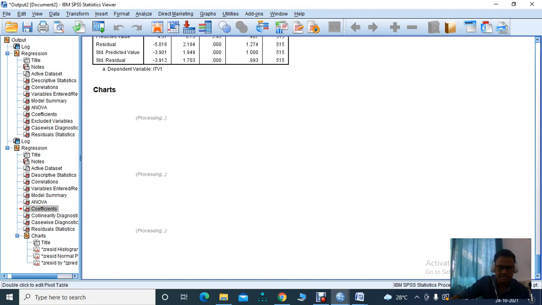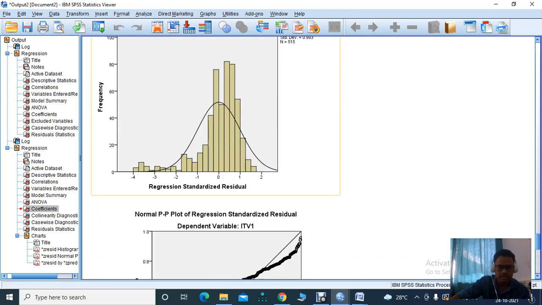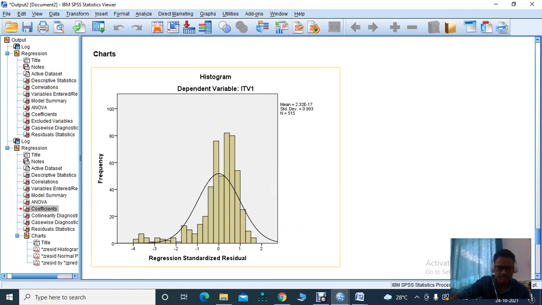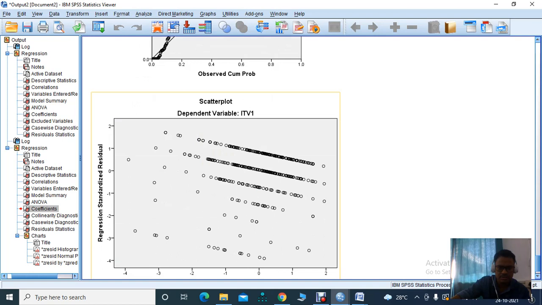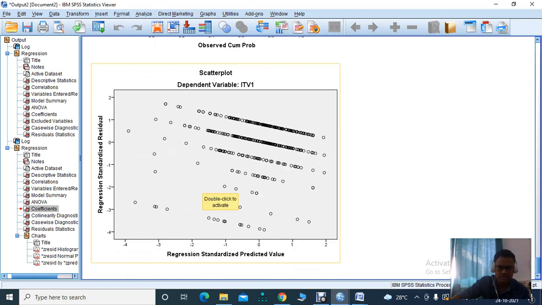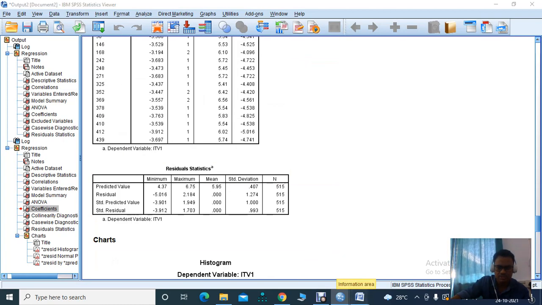So we can also check the charts. So this is the normality chart, histogram chart. So we can see that the data is not completely normal. However, it can be treated to be normal. Also, this is the linearity there. This graph shows a linear relationship between the dependent and independent variables. This is the scatter plot showing some linearity also. Here in this case also, it is saying that the points are spread, so it shows that there is some linearity in the relationship.